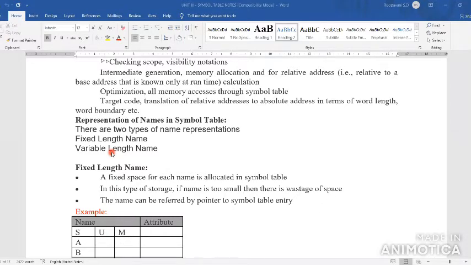In the name field, the name is a fixed length only. For example, for each and every name I allocated a length of 5. So for SUM, you store only the first three characters, and the remaining two spaces will be wasted.